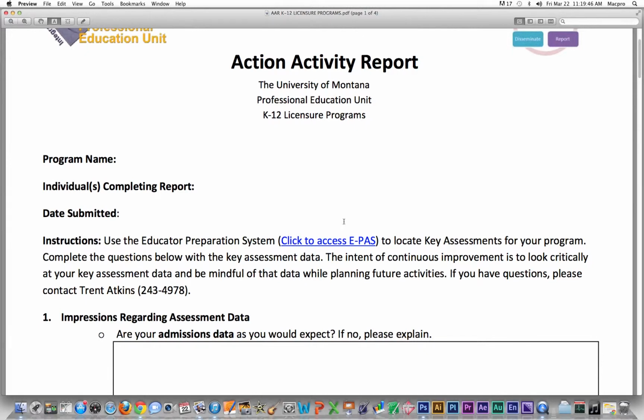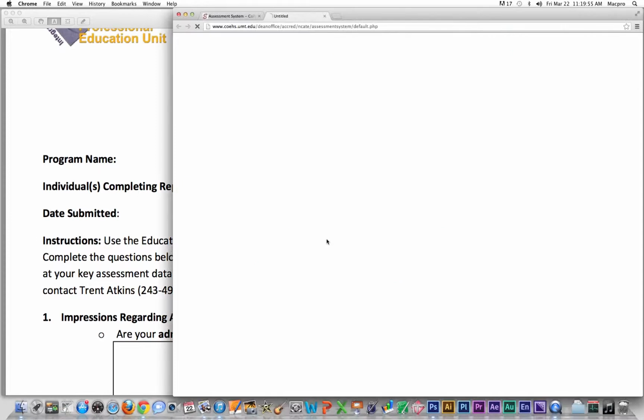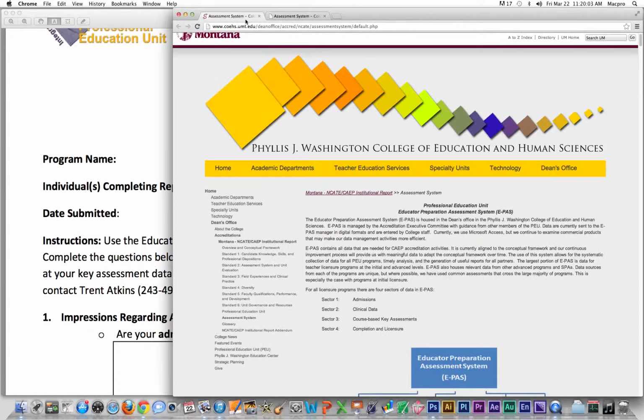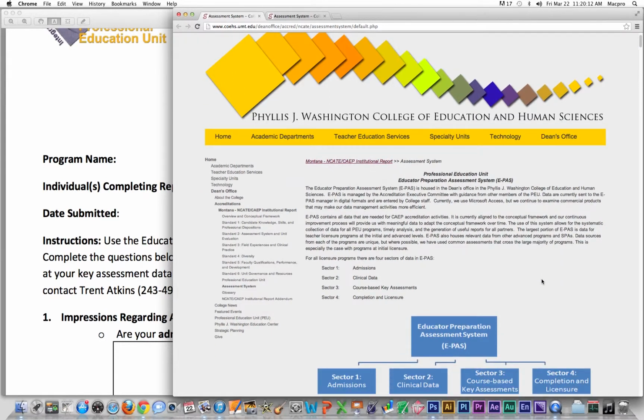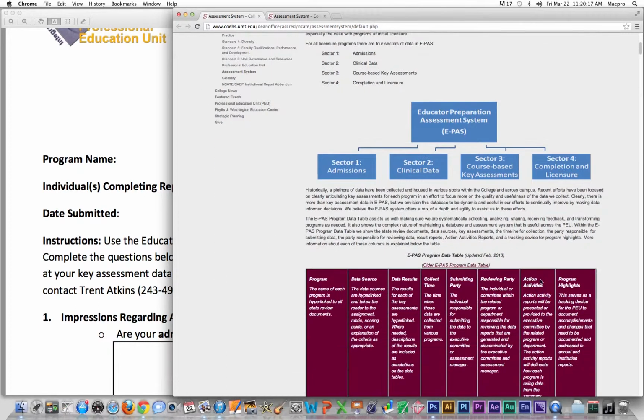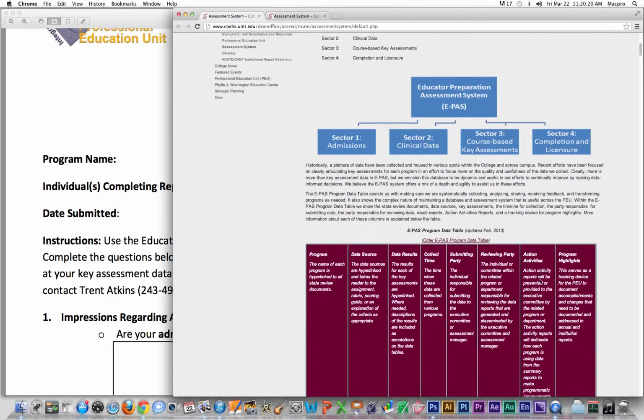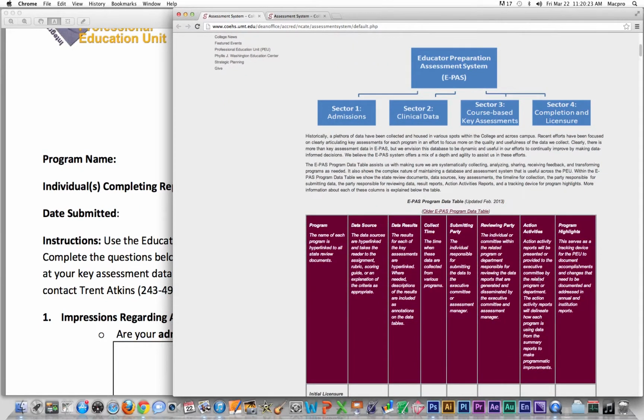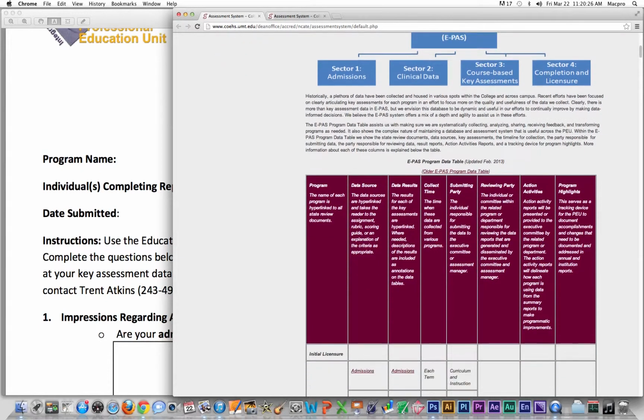So if you go to this hyperlink in the document, it'll go directly to our assessment system, which is called ePass. And I'm going to try to keep scrolling to a minimum here, but you'll see at the top that ePass stands for Educator Preparation Assessment System. So I'll scroll down through it. Please look this over, read through it. We've worked long and hard on this and are pretty happy with it,